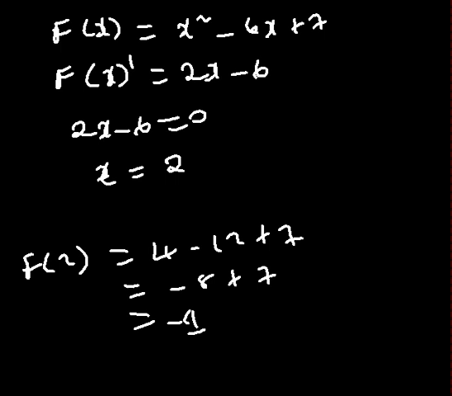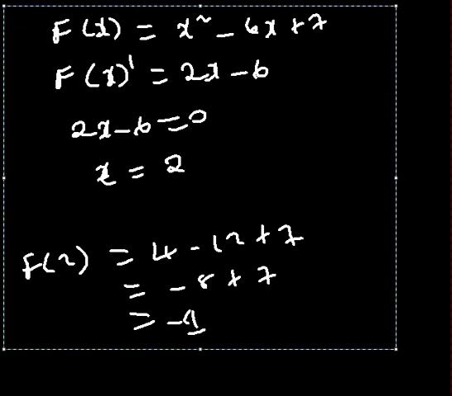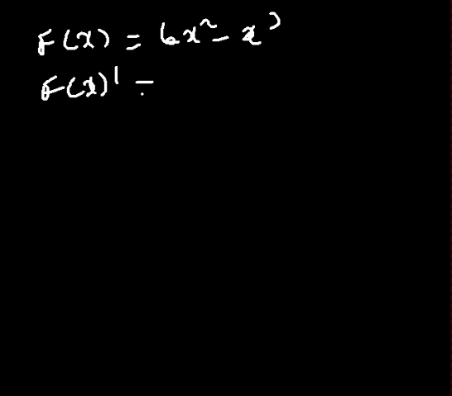And what if, let's say, this is a typical case? Let's say we have f of x, which is given as 6x squared minus x cubed. So how do you think we should do it? We'll have the first derivative being given as 12x minus 3x squared. And now from there we should solve for the critical values,